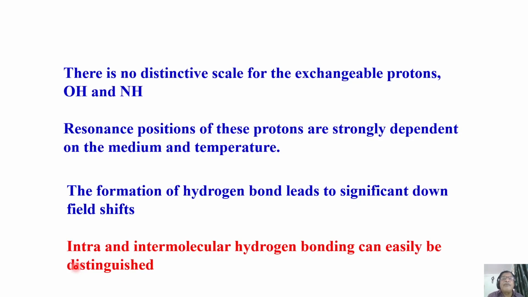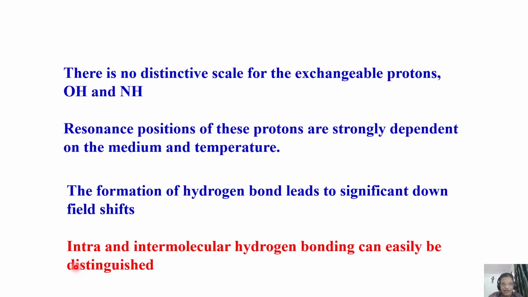How do I know what type of hydrogen bond it is? If your interest is to study hydrogen bonds, weak molecular interactions in the molecule, and you want to know if the hydrogen bond is intermolecular or intramolecular, both are possible. Can we identify this by NMR? Of course we can. There is a way for it, but we will not go into those details. When we come to that application, if there is time, we will discuss it. Otherwise, simply remember,